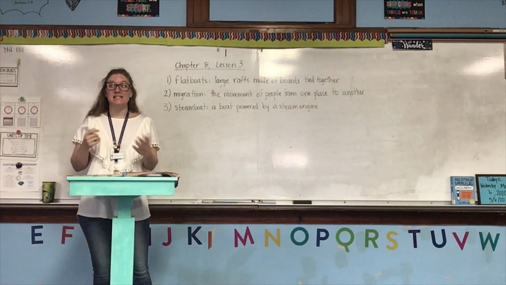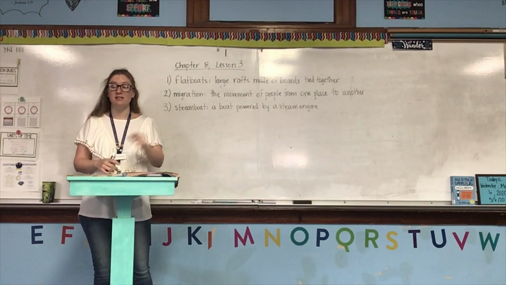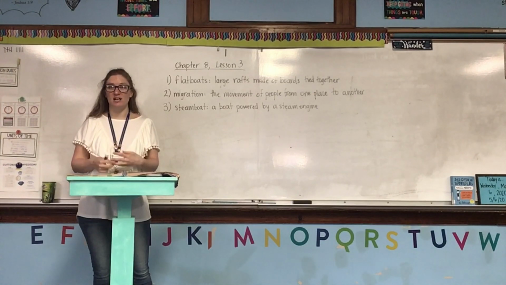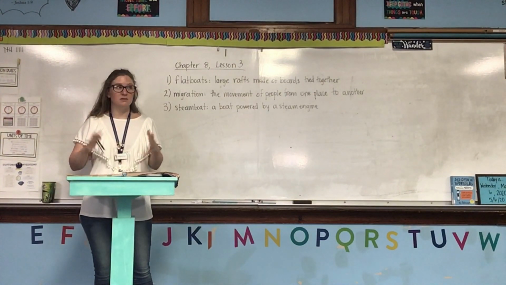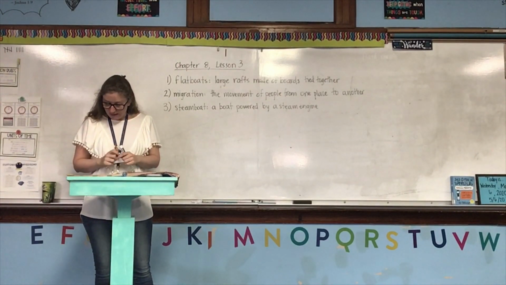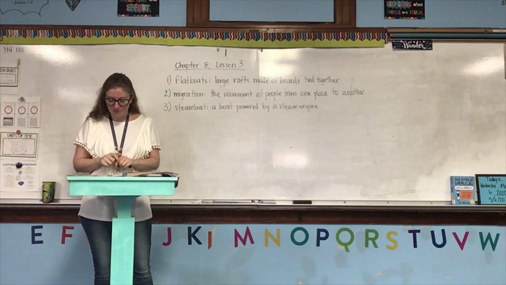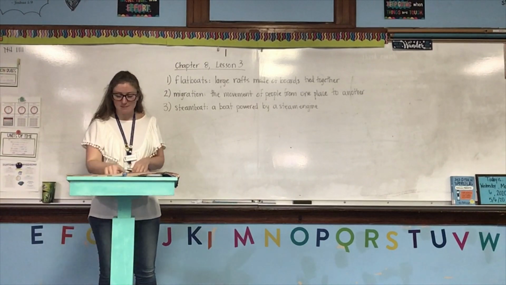Well, steamboats changed river travel because, first of all, they could go both directions, up and downstream. And they also made things faster, which made the cost of shipping things cheaper. So, there was a lot of good things about steamboats. Okay, so now we're going to pause on reading and we're going to look at this map on the top